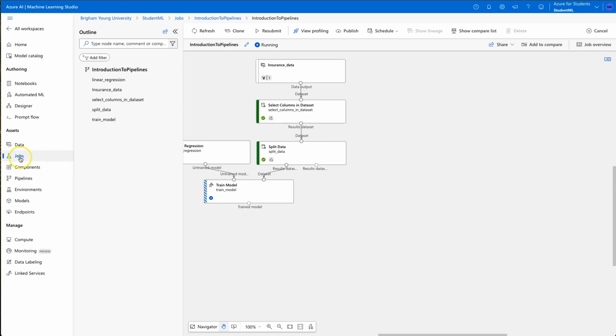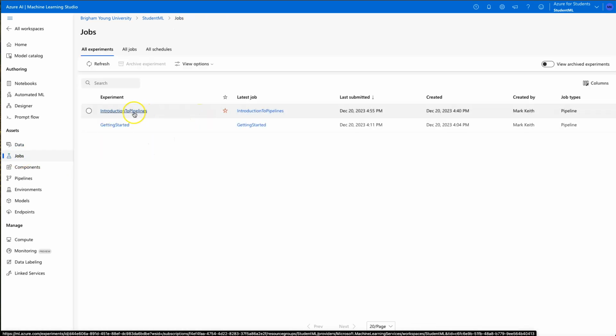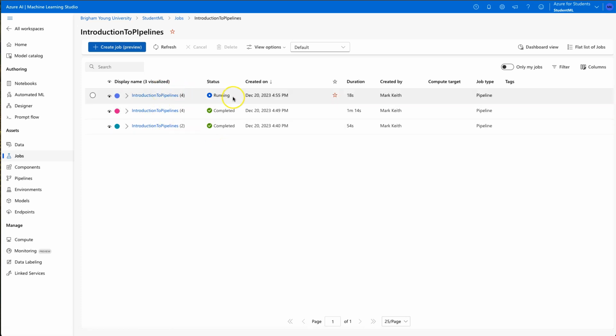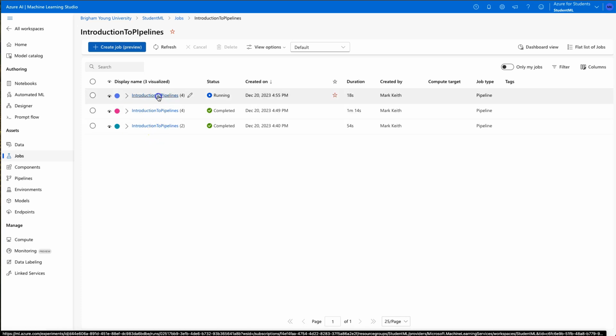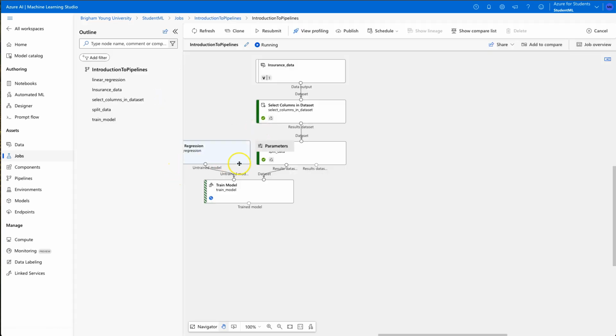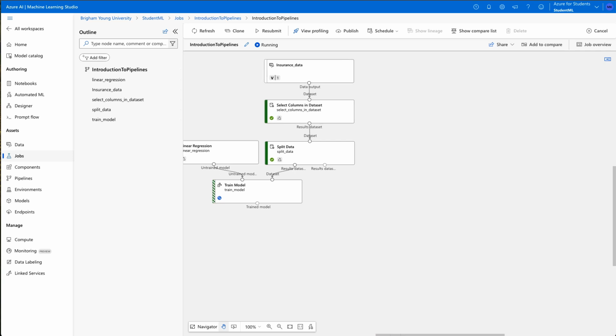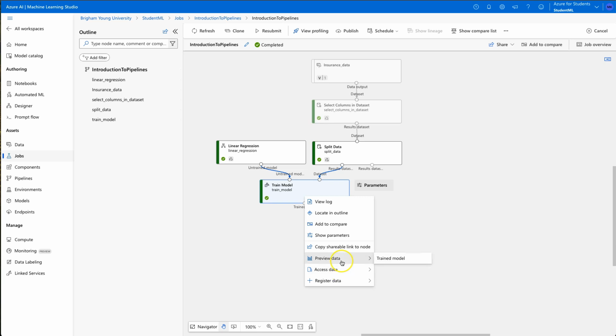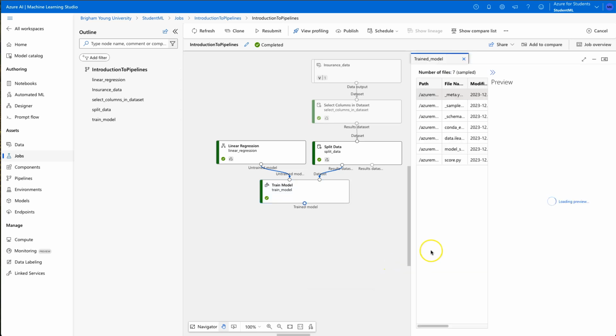Oh, by the way, I have 3 here because I was running one during the break. If you only have 2, just click on whatever the most recent one is. So they're in order here, as you can tell. There we go. Oh, and it's almost there. The nice thing is, like I mentioned before, it caches the results from prior runs. Oh, I didn't even have to wait. That was pretty quick. So let's right-click on this one, preview data, trained model, and we should now, although I